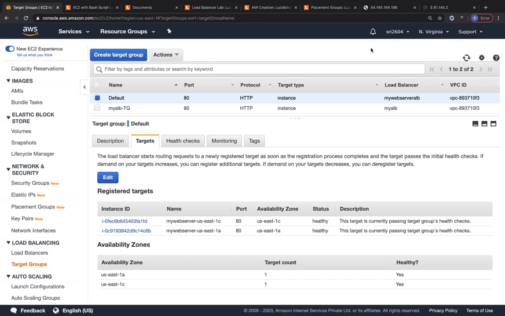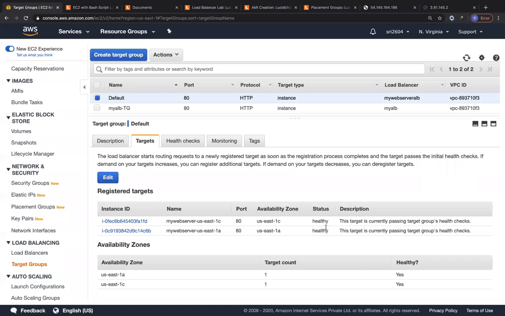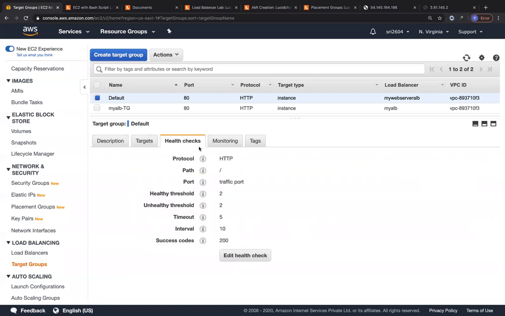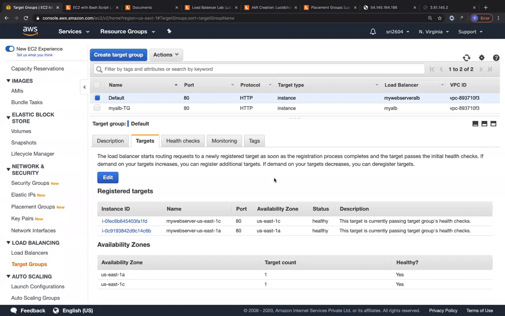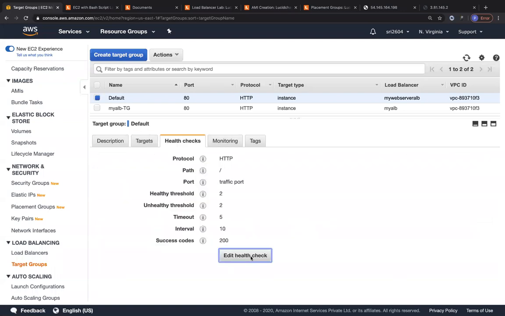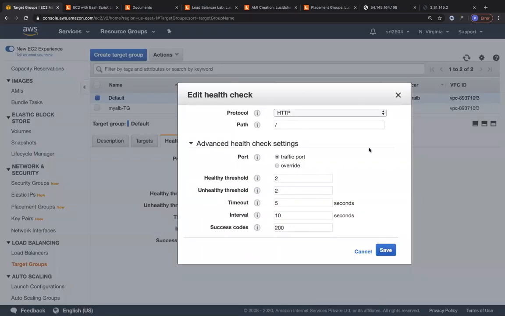But right now, we know for sure that both of our applications are running, and we are able to see that even in our target group and even in our health check, our health checks have passed. We have done it for port 80 and protocol HTTP. So that's the reason why I mentioned that all of your protocols for your load balancer, for your target group, for the health check, and all of these should match, even for your load balancer's listener. So if everything is in HTTP and port 80, automatically you should see your application coming to the healthy status on your target. So even for the targets, you can go ahead and edit your health check settings over here. You can go ahead and modify your health check.